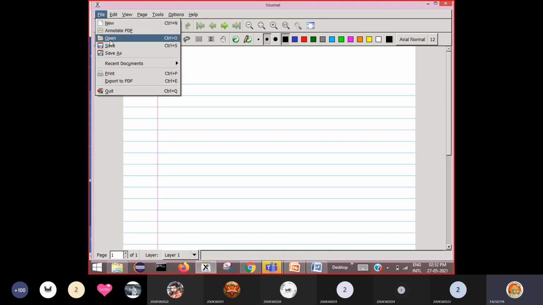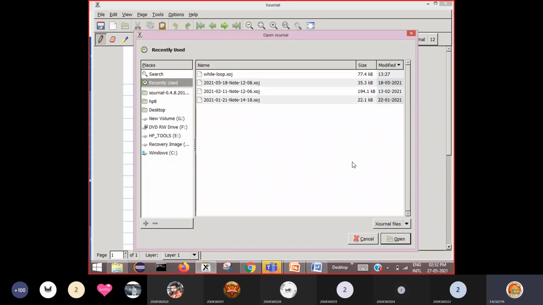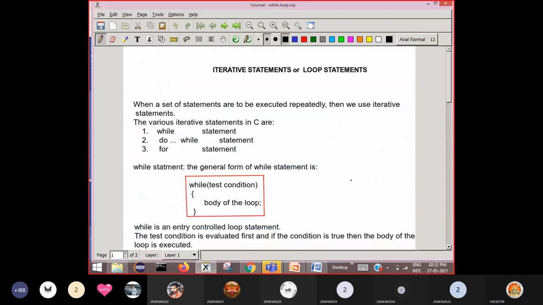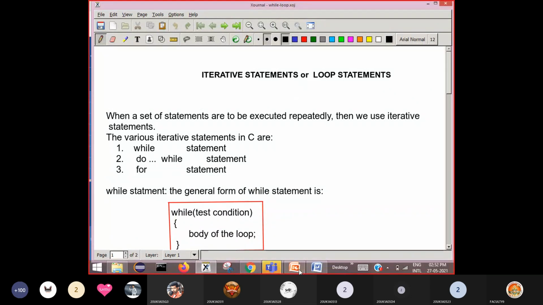So next, what we do is we look at iterative statements. So this is the story about conditional statements. Okay, so next we'll look at iterative statements. Now see iterative statements. Control statements, two types we said. One is